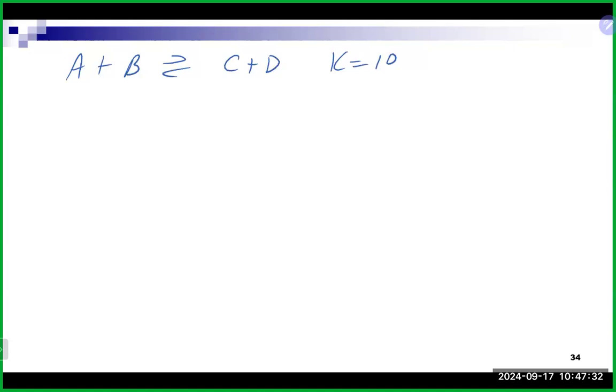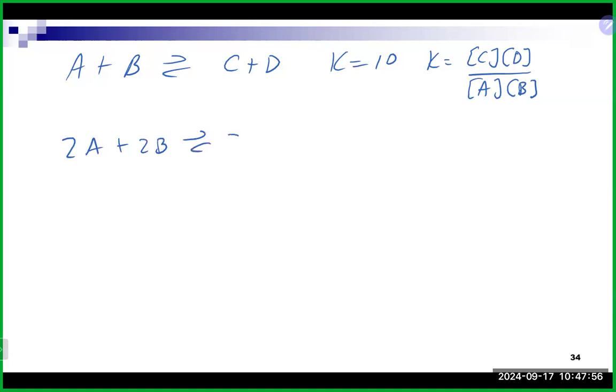So if we write the equilibrium expression, this would be C and D divided by A and B, basically, right? Now, let's just say that we did not need 1 A, but we needed 2 A's. So if I needed 2 A's, I would need to multiply the entire equation by 2. Now, when I write the equilibrium expression for this, this is C squared D squared divided by A squared and